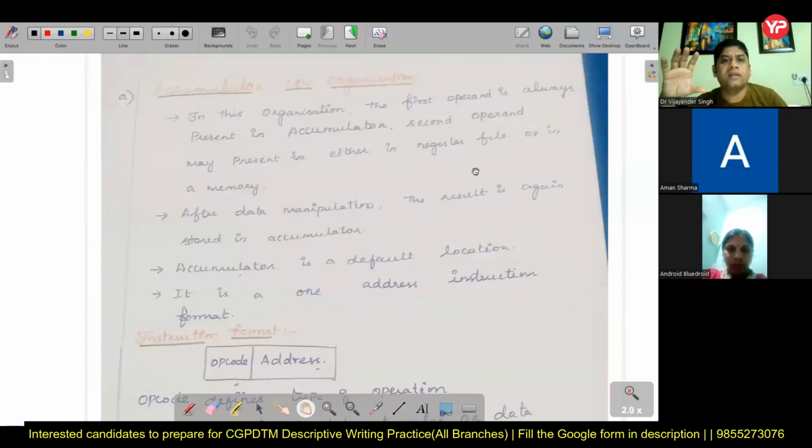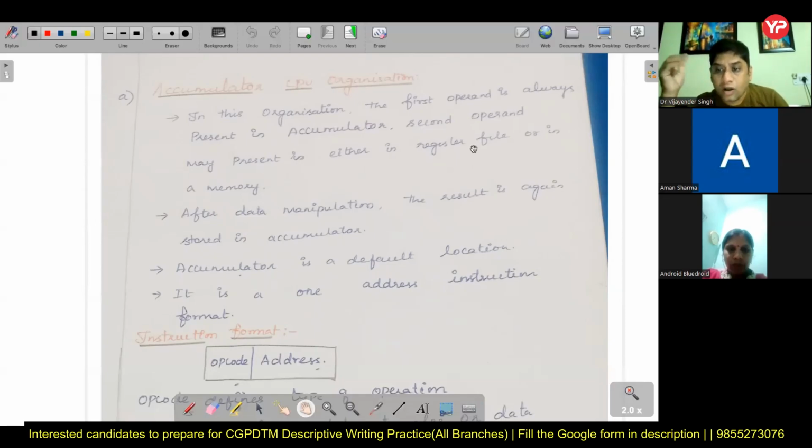accumulator versus in CPU organization, whatever you have written. These words are not many in number, but you have taken one full paragraph to write these 4 points. So don't keep a lot of gap between two words. It is a one address instruction format. Now you see that could have been written in a single sentence, but you are taking two sentences, two lines